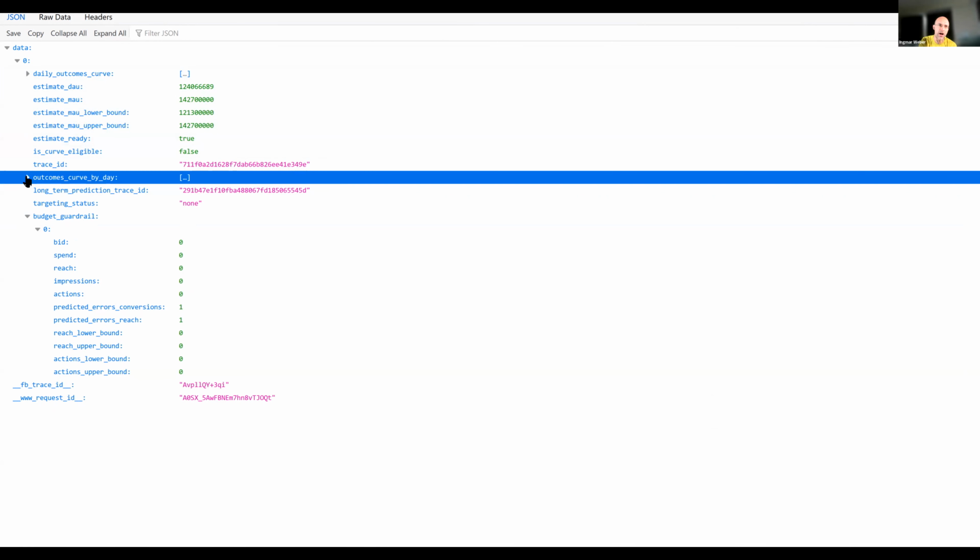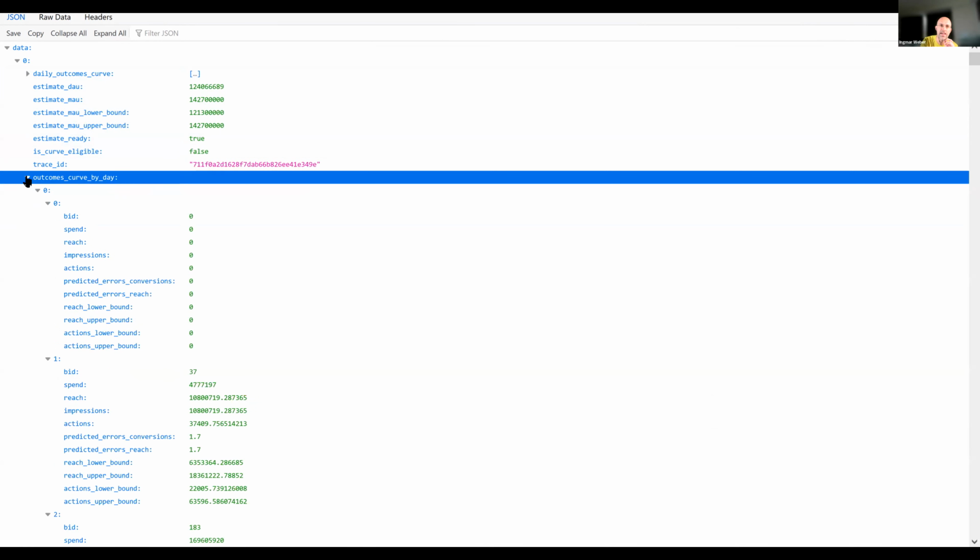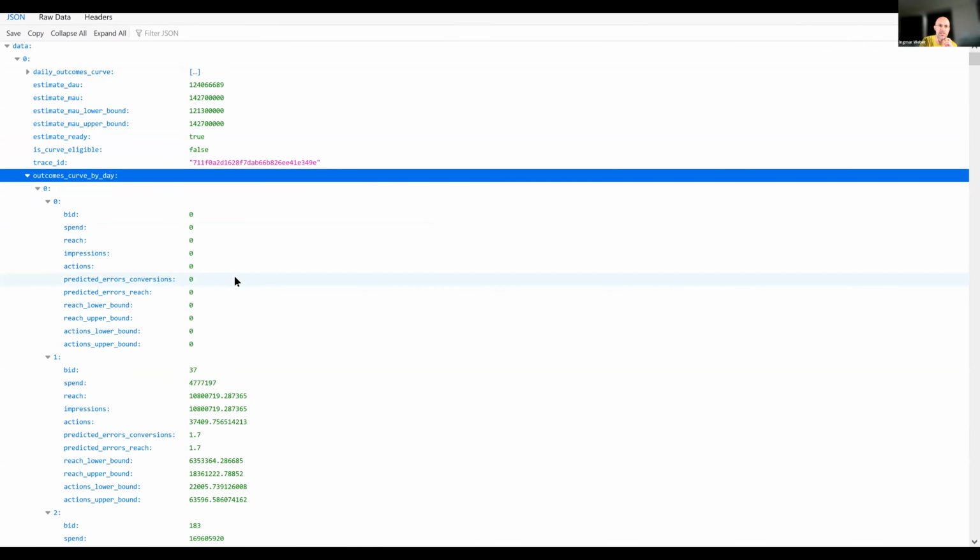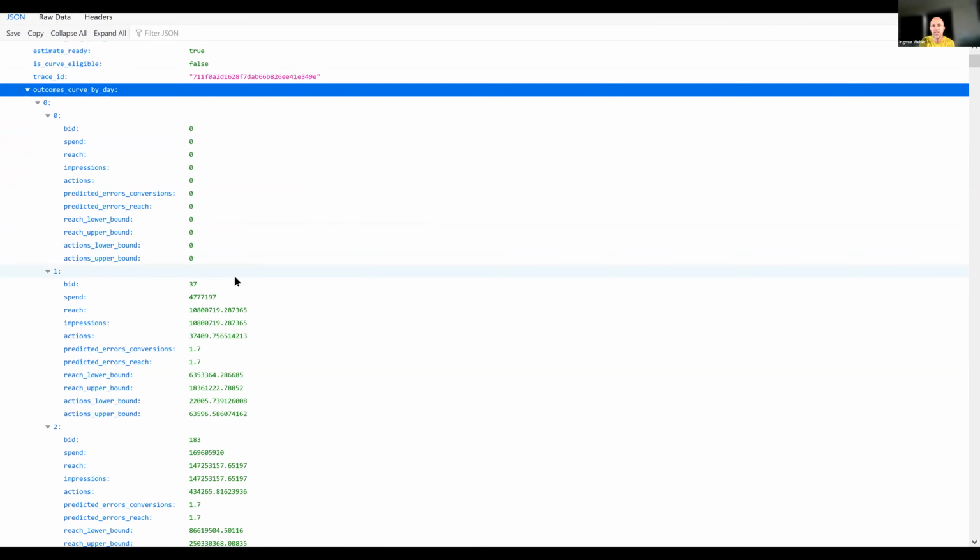Then you also get these outcomes curves by day, something we have not yet analyzed, but I think it might be quite interesting to look at, because in a nutshell, it tells you how much you have to bid and spend to reach a certain number of people, right? Or put differently, it tells you something about whose eyeballs are most expensive. For example, typically, of course, there's a location element to this.